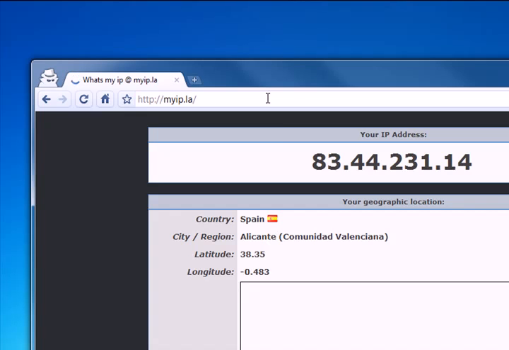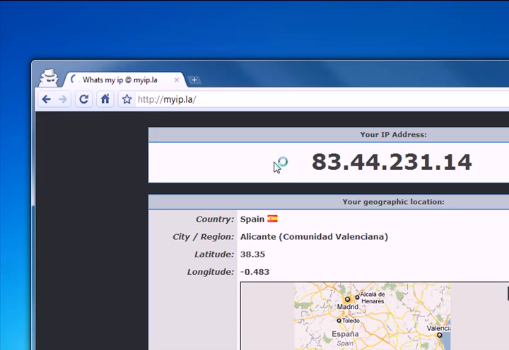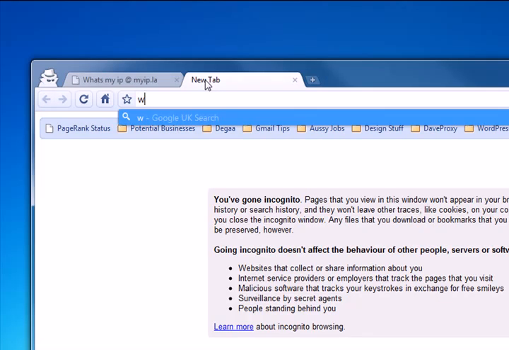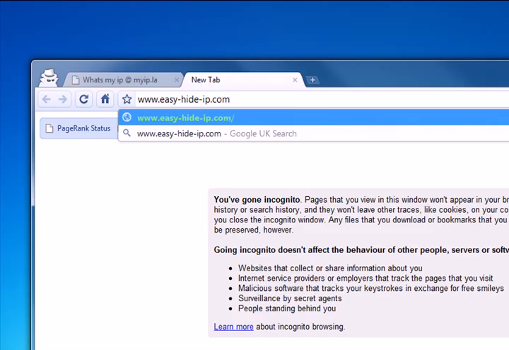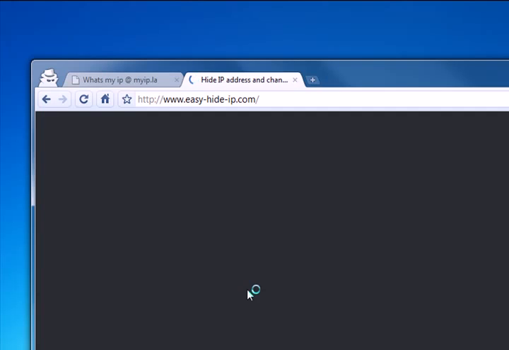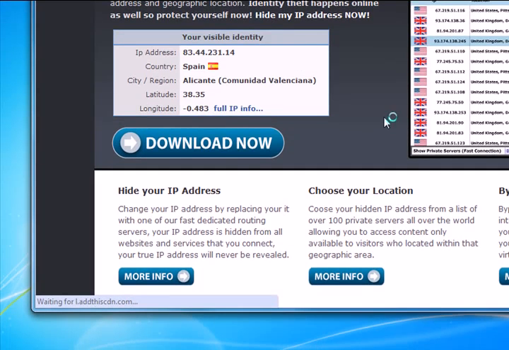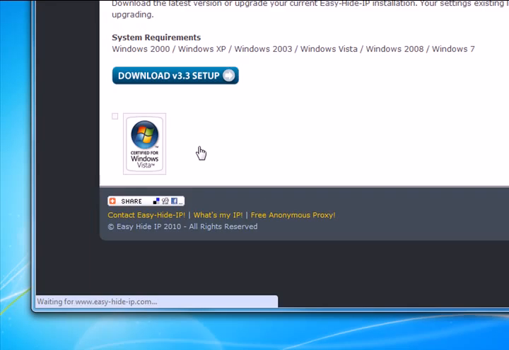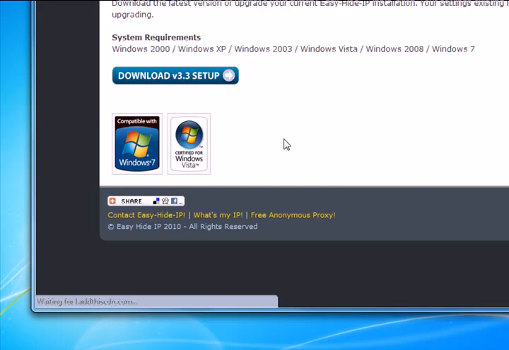And we can see that our current IP address is 83.44.231.14. Our next thing we need to do is download the IP changing software, which is called EasyHideIP. So we'll go to www.easy-hide-ip.com. Once that's loaded, we just need to click on the Download Now button, download the latest version, install it, and